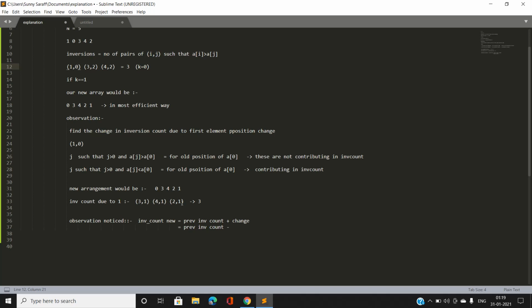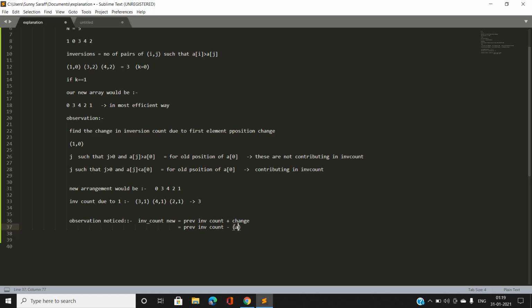Because here the inversion count is contributed by those elements that are strictly greater than 1, and here the inversion count is going to be contributed by those elements that are strictly less than 1. So our previous inversion count minus the number of elements that are strictly less than 1,